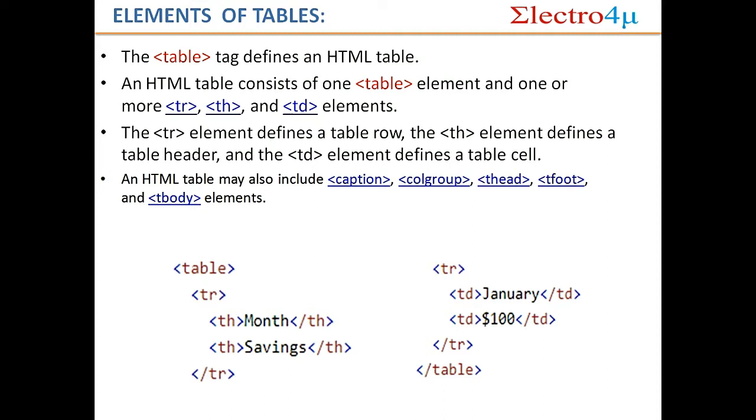So what is the basic meaning in HTML? The TD elements are regularly left aligned, that is TD, right? TD elements are always left aligned by default, and TH elements are bold and centered. TH means table heading. I think you do not understand now. When I make an example, that time you will understand.